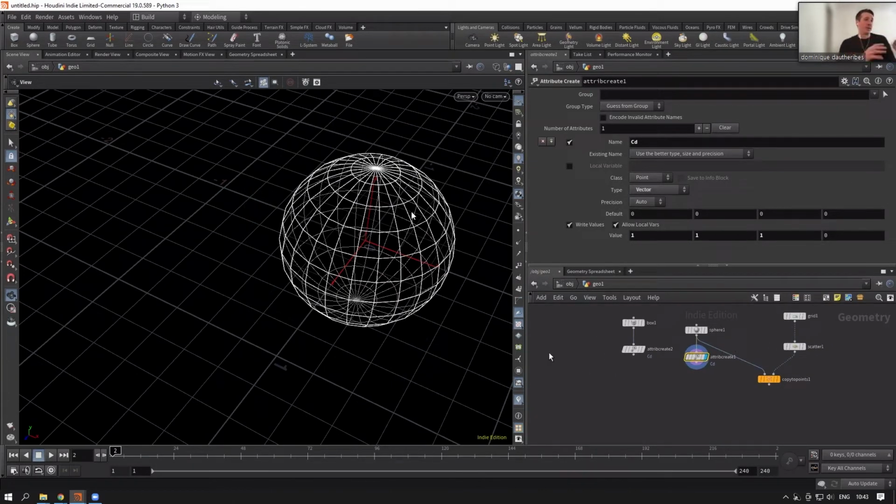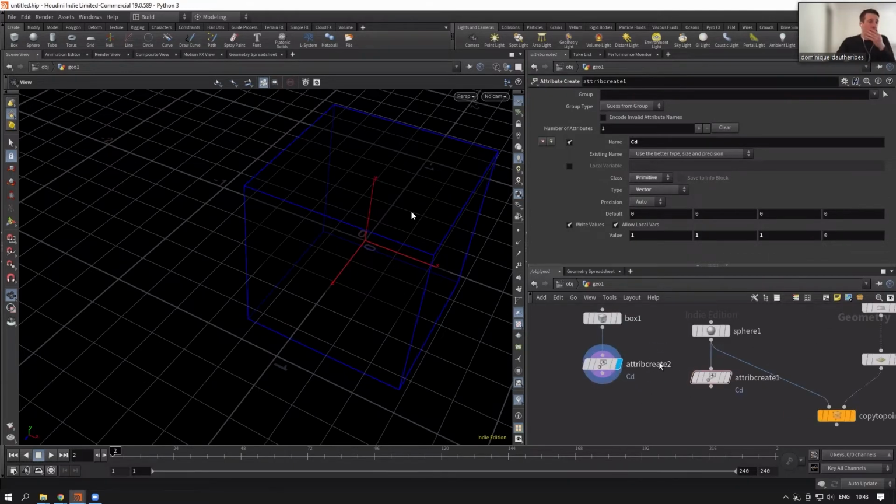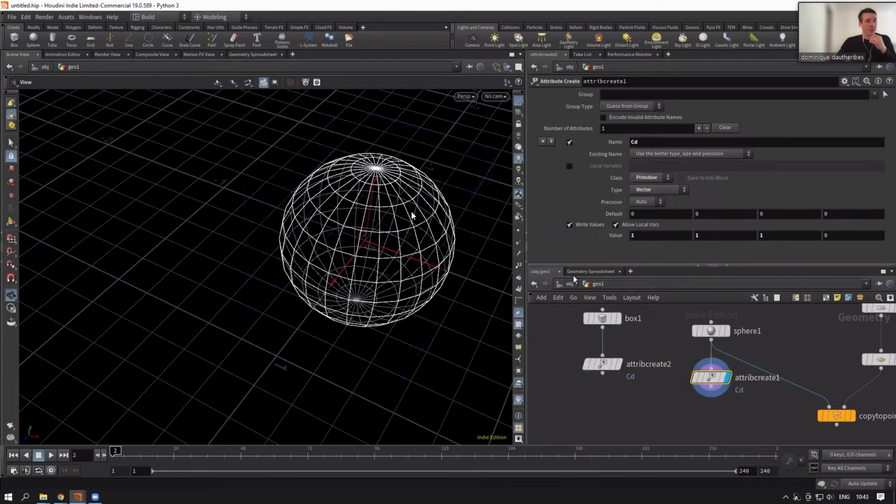So the attributes essentially allow you to store information at different levels. For example, we could put that on the primitives. It's not going to change much in this case, but if you go back to the geometry spreadsheet, on both of the geometries here, I've just switched it from being a point class to primitive. So if we go back to the geo spreadsheet here, for example, on the sphere,